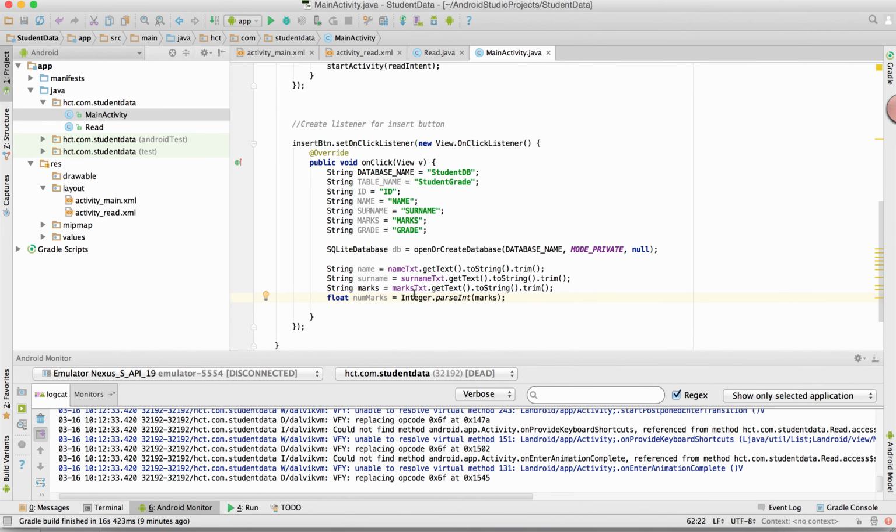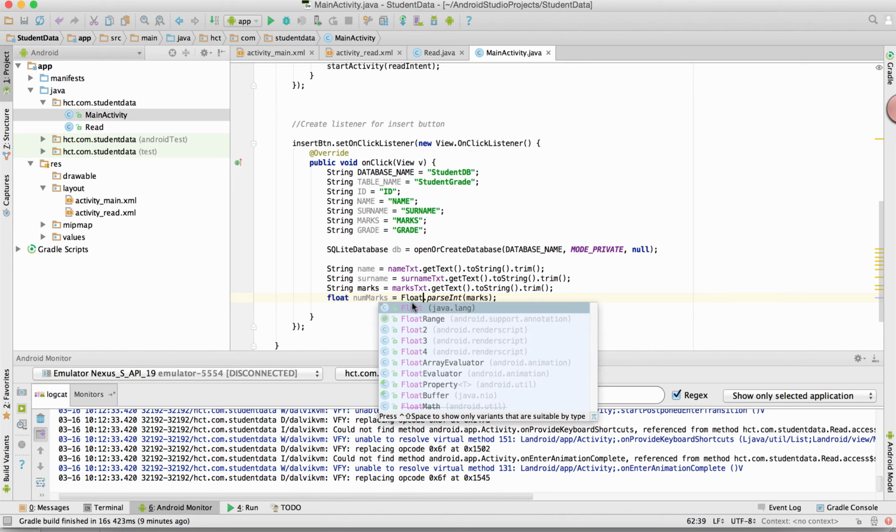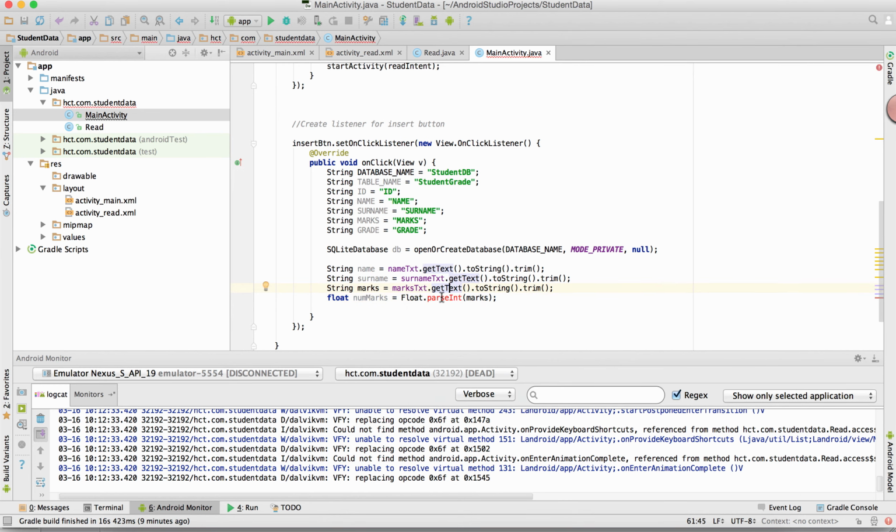Integer dot parse int, it should be float actually, float dot parse int. So you actually, it should be parse float, float dot parse float string. So change string to float, because the marks can also be in points. So what I'm doing now is that I say if num marks